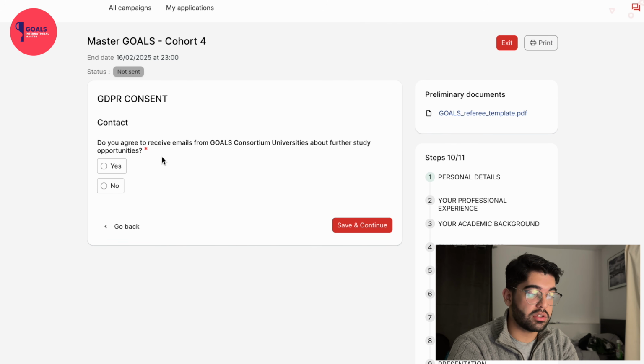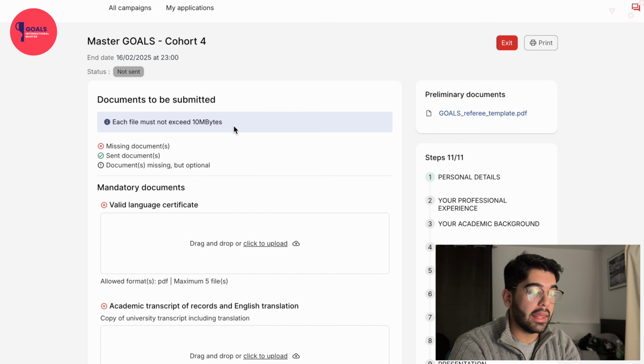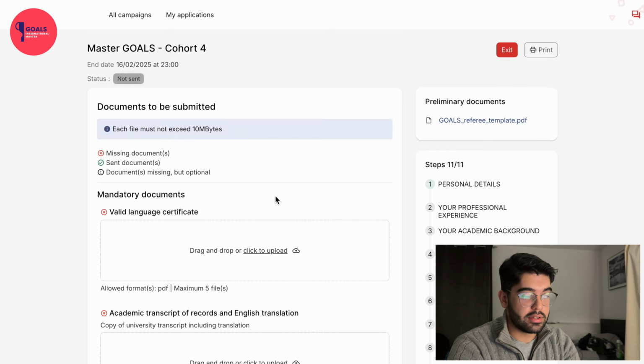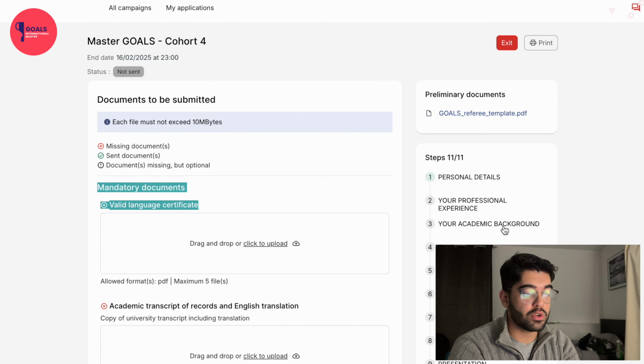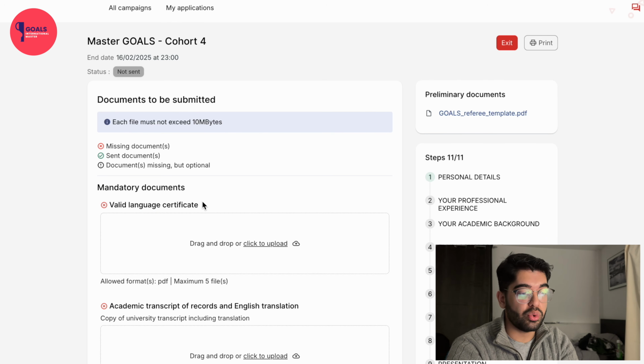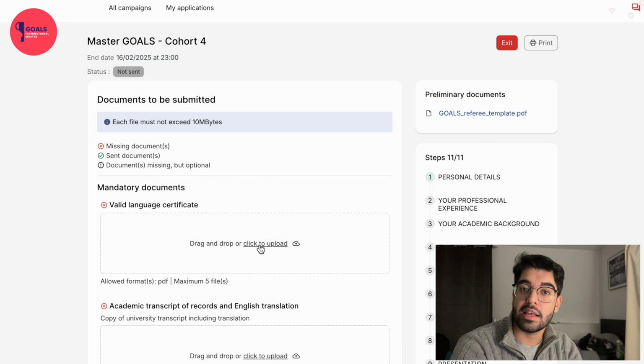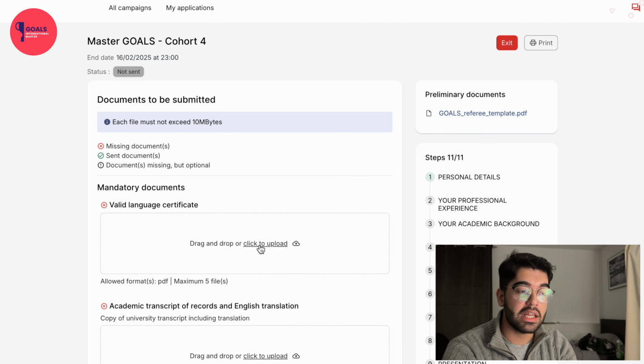In the 10th step, it's just yes and no. You say yes, I will recommend this, because you are bound to say yes in this step. It will help you. And the last one, this is important, the final step. So language certificate. Earlier you wrote about IELTS, English proficiency, another Cambridge, whichever you choose. You upload the document. If it's an IELTS score, you upload the IELTS score sheet. If it's a document from your university, says like you have studied 4 years of bachelor's in English and this is a proficiency certificate, you upload that,